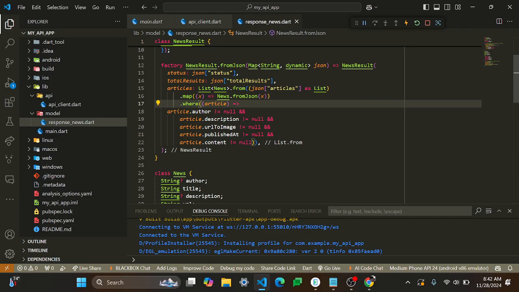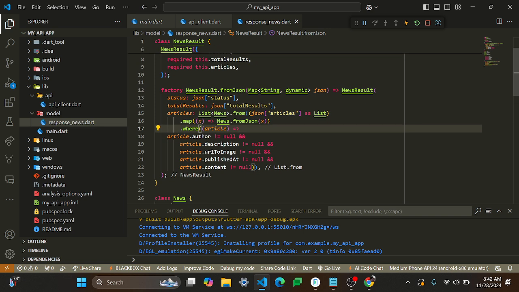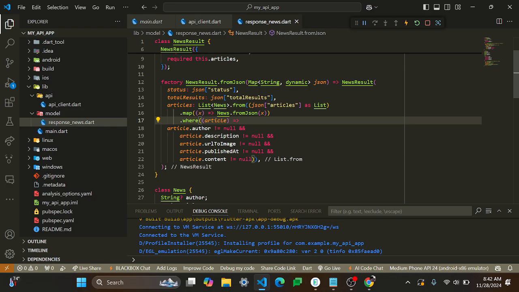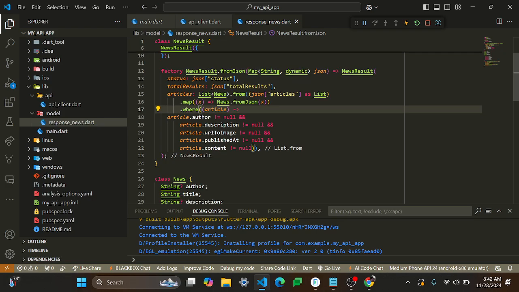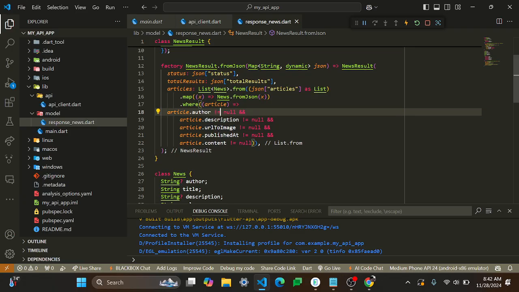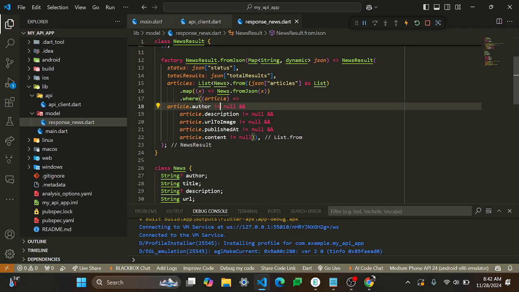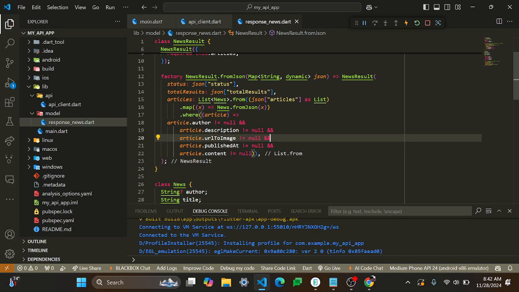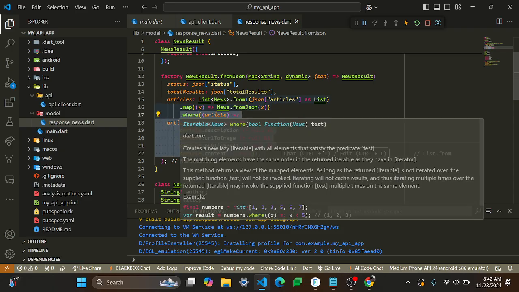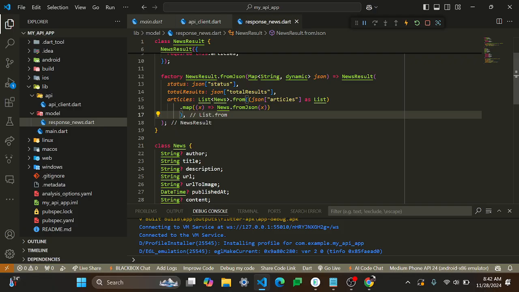So the data that comes to your project will not be null. Like this, the authors will not be null, the description will not be null, URL to image will not be null, published at will not be null, and the content will not be null. Because if you delete this code, your application may get some error